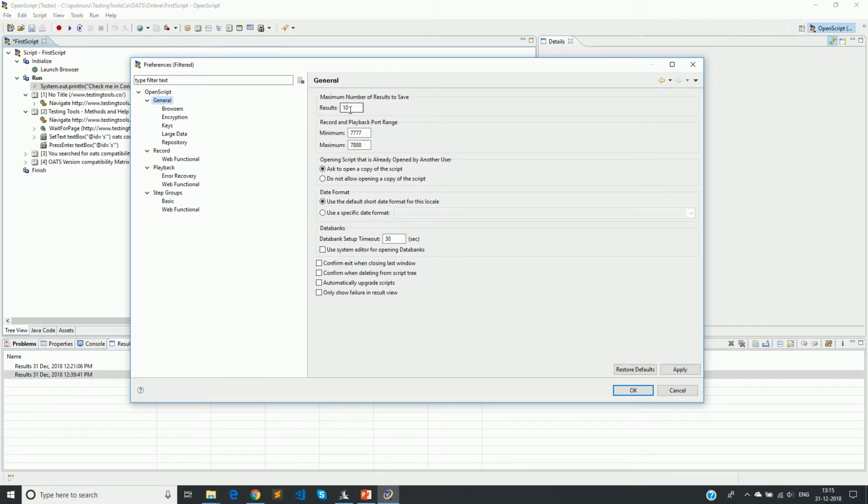That is what this number is. Record and playback port range: when OpenScript records and plays back some scripts, for maybe load testing, there will be ports on which it wants to execute. So it will pick up any random port between these two numbers.